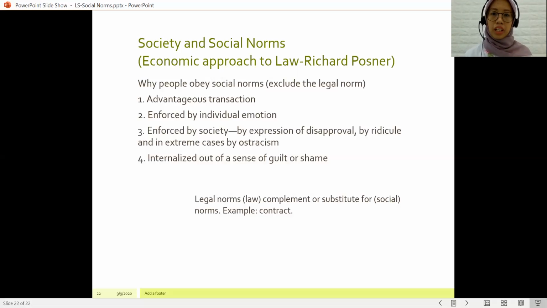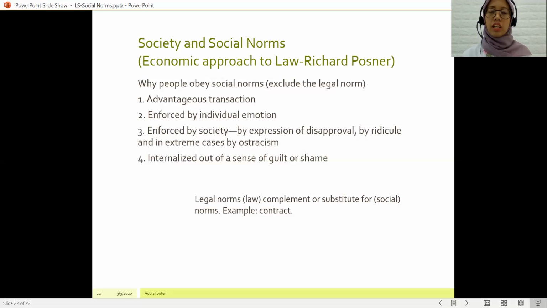So another thing to add on the relation between law and other social norms: as law is a complement to other social norms, it is not to neglect or erode the function of other social norms. For instance, in the case of contracts, every day we sell and purchase. For instance, today you buy a book from your friend. As long as both parties agree and there is no violation of the rights and obligations, people follow it